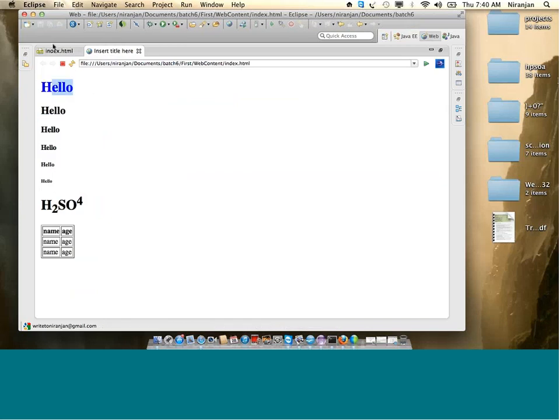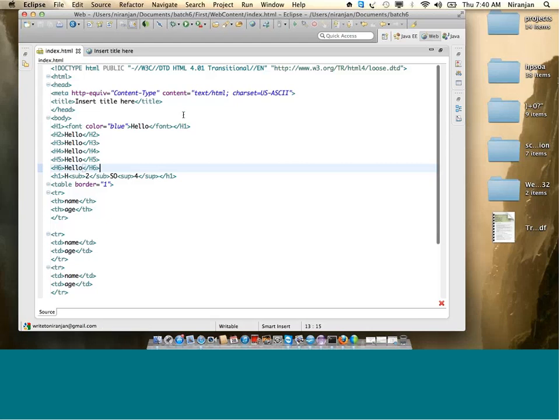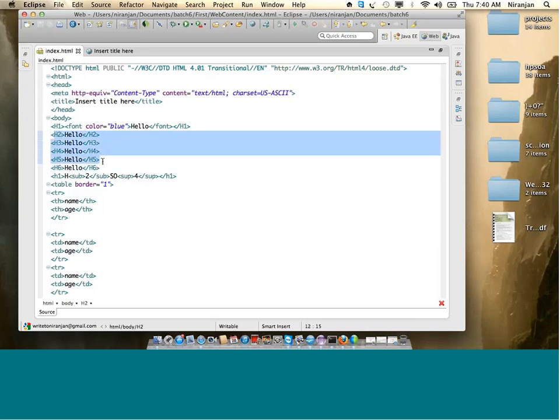The problem is in HTML4, font tag is not preferred, because if I want all this H1, H2, H3, H4 to have the same style like color, I have to go and add font everywhere, right? I have to insert a font tag everywhere. So when the number of elements grows, parsing that document will take more time. This is the reason why